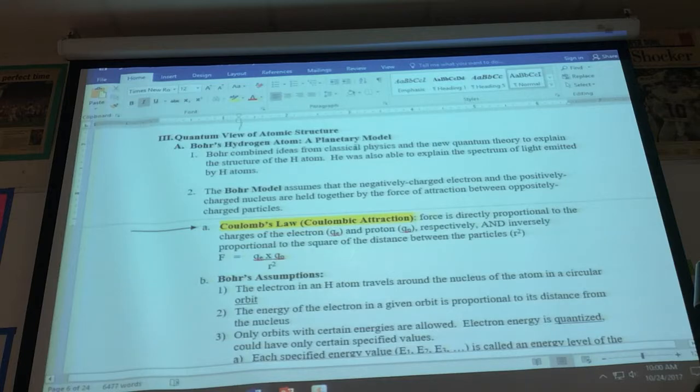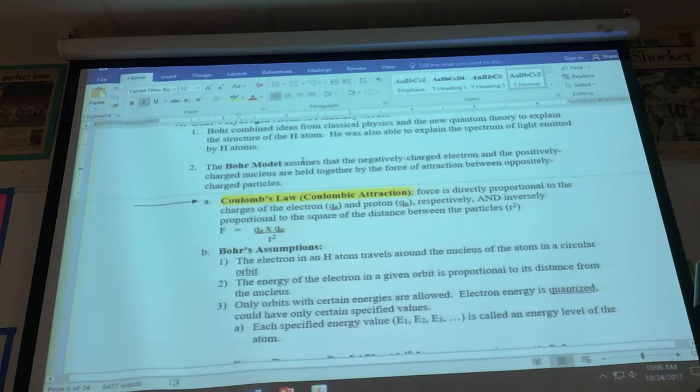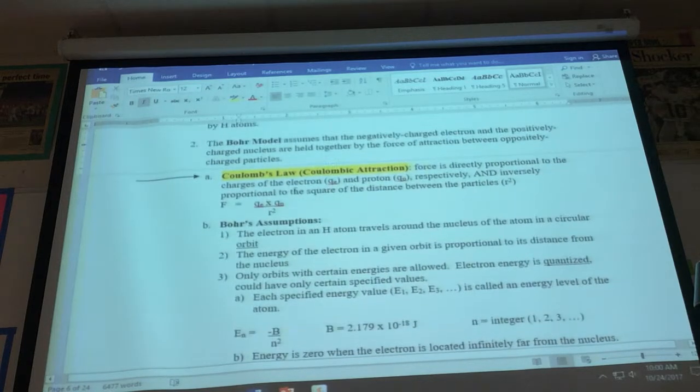Bohr was able to combine ideas from classical physics as well as quantum theory to explain the structure of an H atom in regard to the location of the one electron that hydrogen has. He felt that the electron and the proton were held together by some force of attraction, and this became known as Coulomb's law, or Coulombic attraction. It says force is directly proportional to the charges of the species, the electron and proton respectively, and inversely proportional to the square of the distance between the two particles, that is the positive proton in the nucleus and the